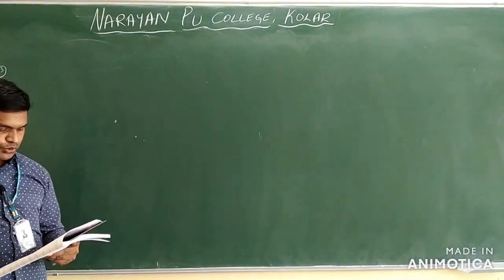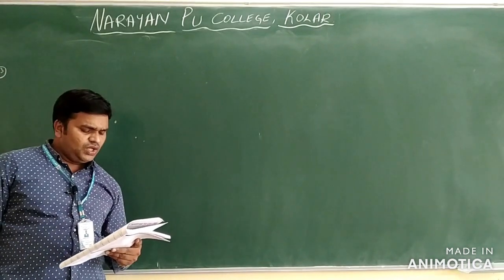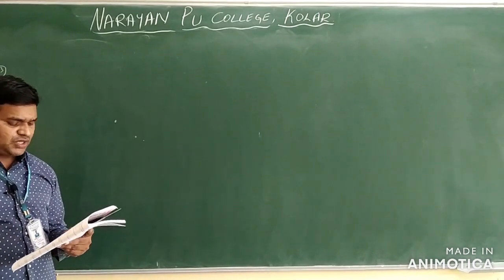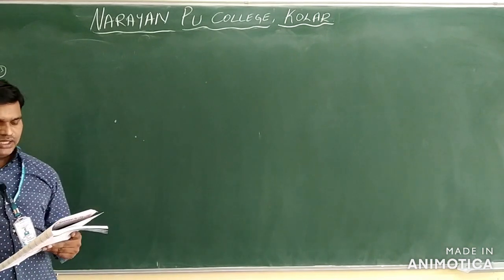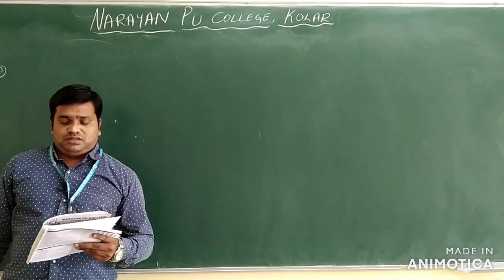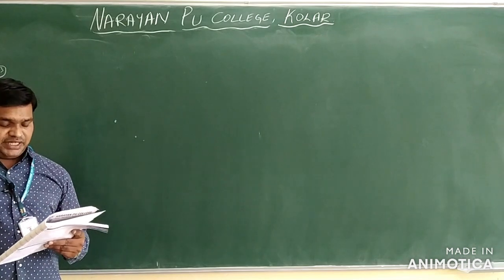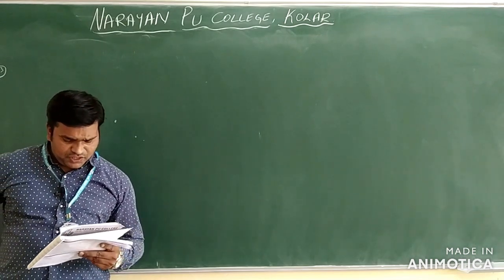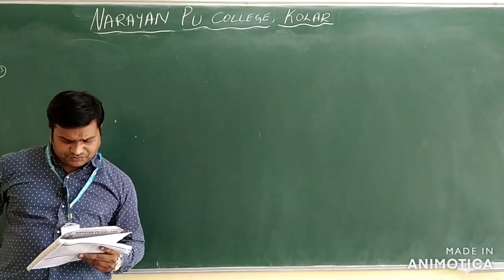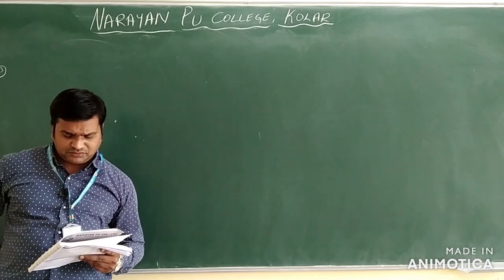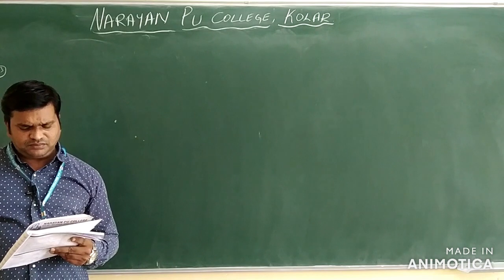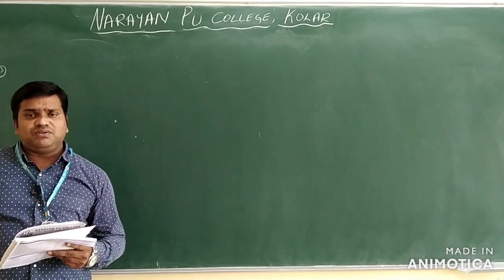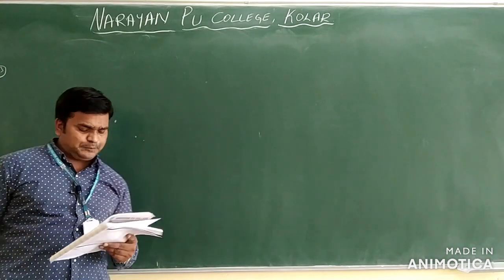So next we have question number 33. 21.6 grams of silver coin is dissolved in HNO3. When NaCl is added to the solution, all the silver is precipitated as AgCl. The weight of AgCl is found to be 14.35 grams. Then they are asking the percentage of silver in the silver coin.